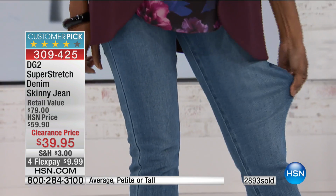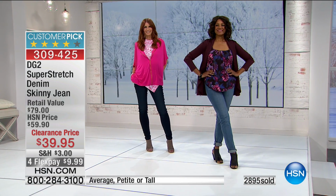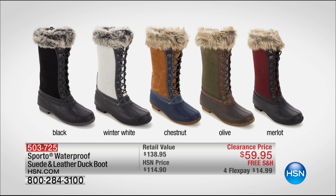Okay, I know we have coming up, I own these boots. I can't believe this is part of our clearance special because, as you know, many places right now are just finally getting the snow and the cold weather. And right now we're taking our number one customer pick boot from Sporto and offering it at not $114.90, but a clearance price of only